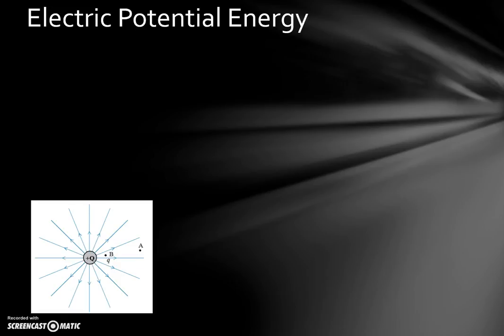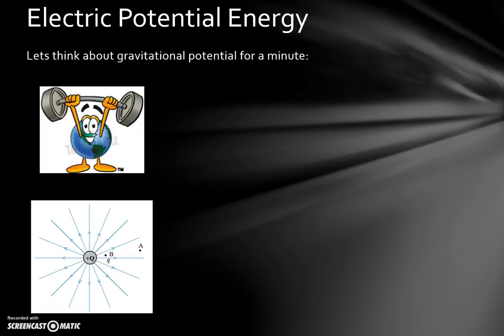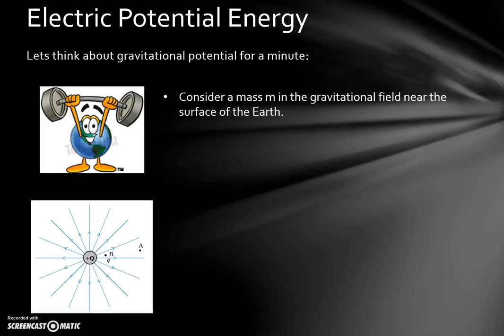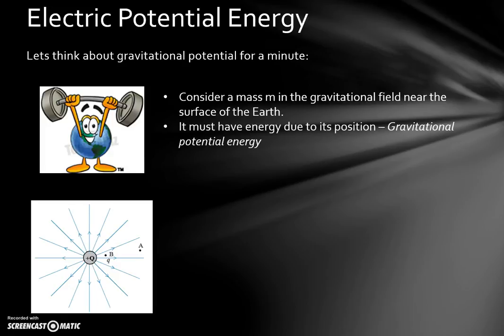Alright, so electrical potential energy. The best way to think about it is to relate it to something we know, which is gravitational potential energy. So consider a mass m in the gravitational field near the surface of the Earth. Now this is a situation that we're quite familiar with. We know that that mass must have energy due to its position because it's free to fall. If we left it there, it would just fall down, in which case it would accelerate and it would then have a change in energy. So it must have had some energy due to its position in that gravitational field,